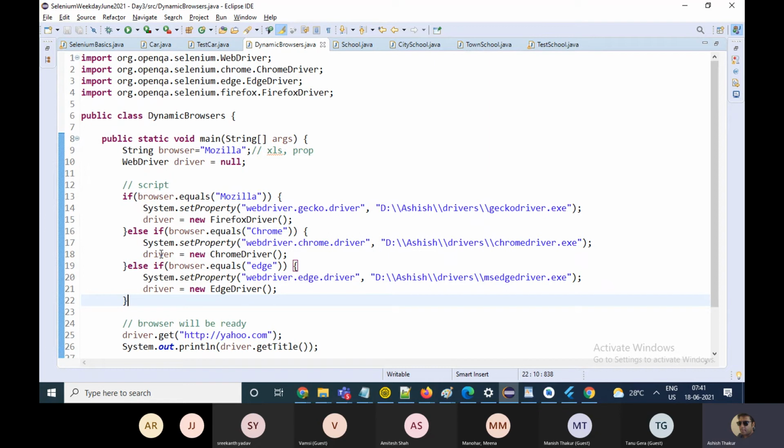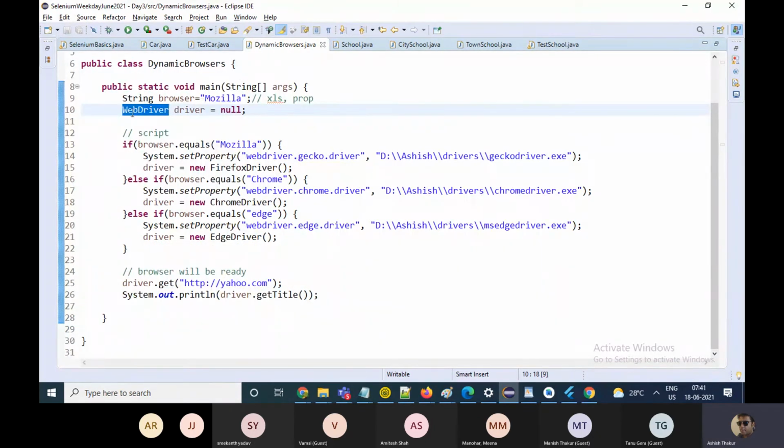Anyone with any questions? Yeah, Ashish, I have one. In this case, you have initialized by writing the interface name, the driver. But let's say Firefox driver has one extra function. Now I want to use that method. How? I understood your point. What if there are some few proprietary functions? There are none. We don't use any of them. Everything is coming from the WebDriver interface only. You'll realize it with time. Everything comes from this interface.